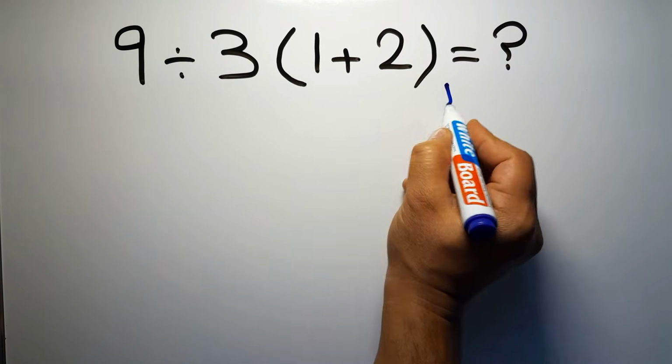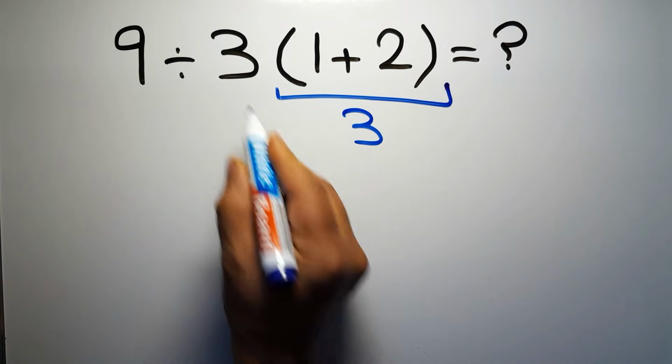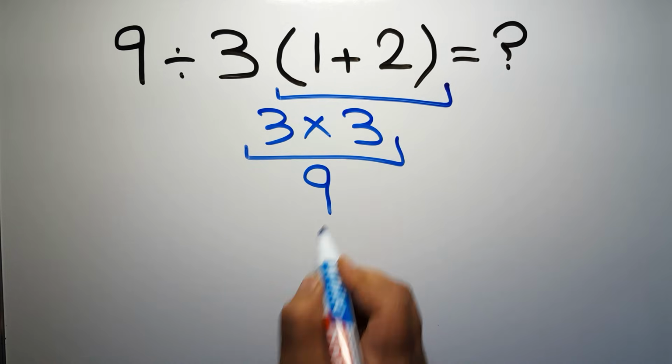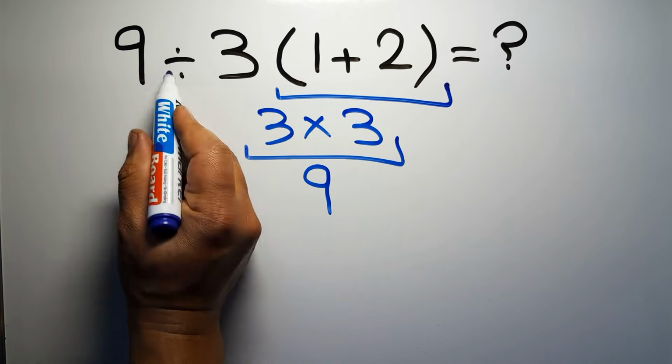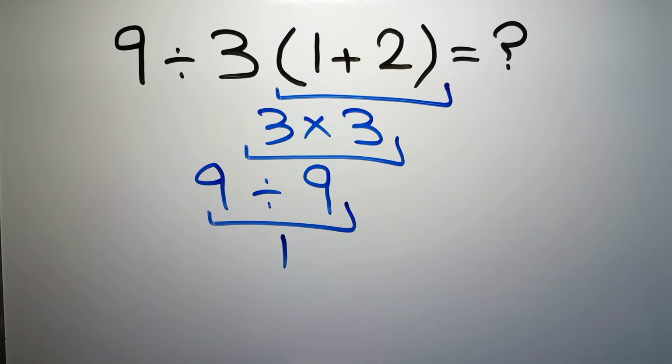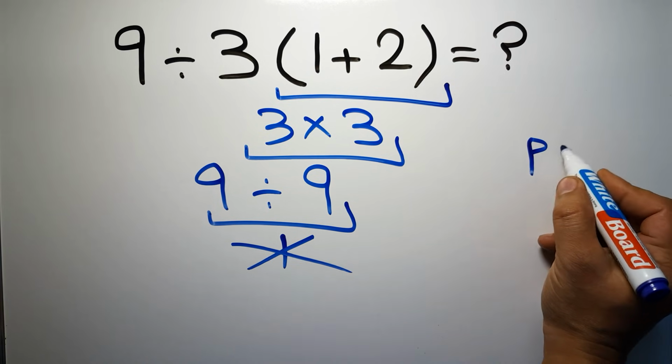1 plus 2 equals 3. And 3 times 3 gives us 9. And 9 divided by 9 is just 1. But this answer is not correct, because according to the order of operations, first we have to do parentheses, then